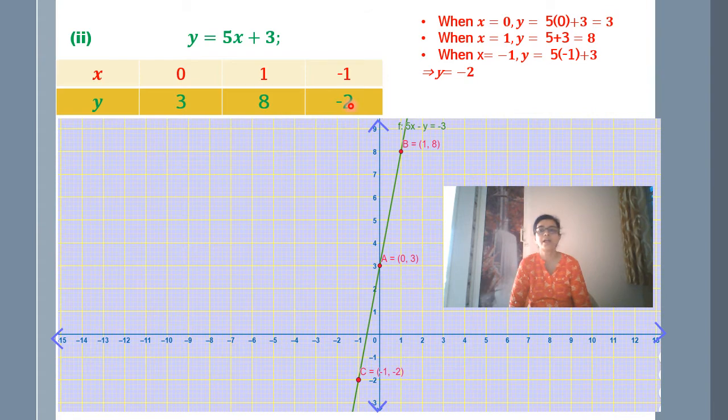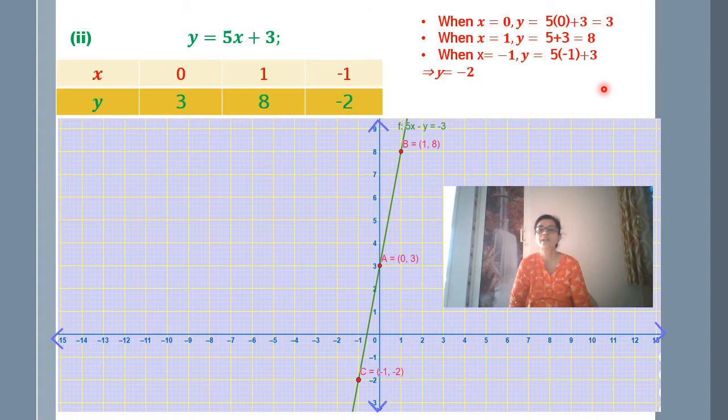Don't do things orally. As you can see, I have used every value I have found out by solving the equation. You have to show this solution of the equation. Otherwise, your marks might get cut because you are not putting the steps properly. You have to solve the equation.